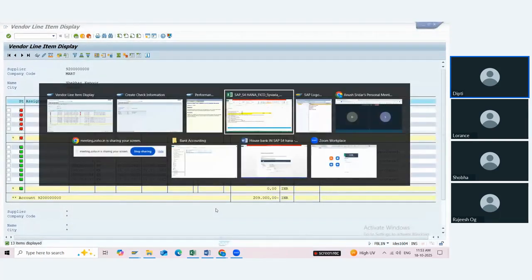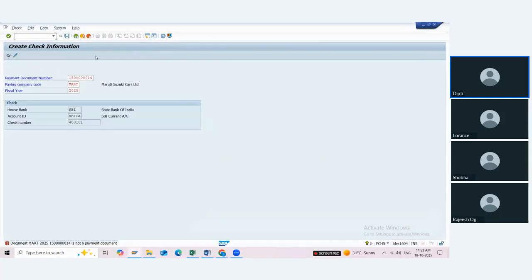Now try to save it. See, now the check has been created successfully manually, because of course manually I have given the check number and it is attached with the payment document. The way in which we write the information about a check on the first page of a checkbook, that to whom and what amount we have given as a check, with check number.